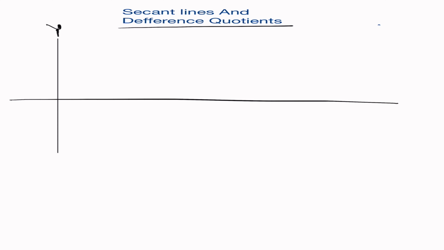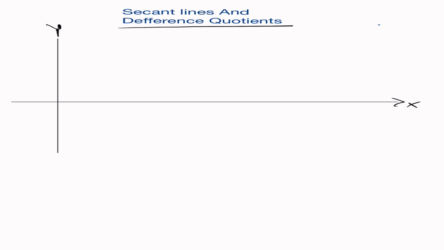And difference of quotients, right? Difference quotients. So how to do that? Let's just start by drawing a graph. Let's say we have a y coordinate, and we have the xy plane. This is our x. Okay? This is 0. Now let's draw a